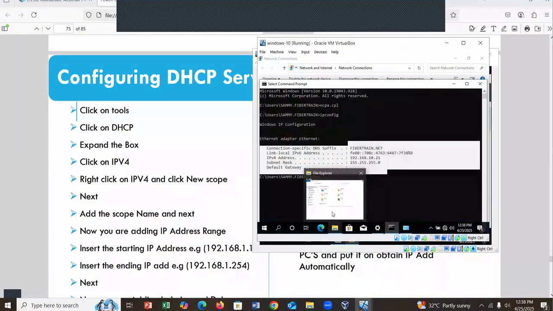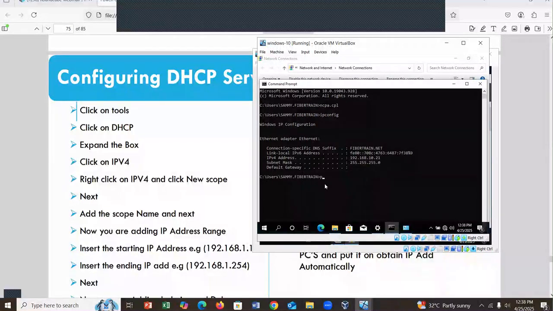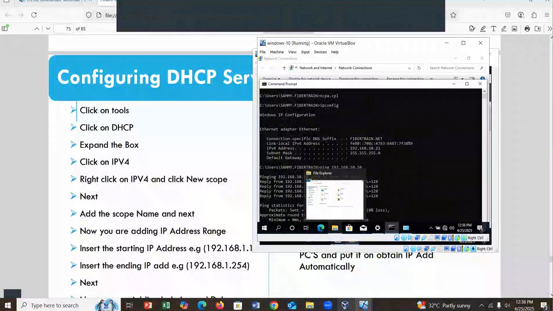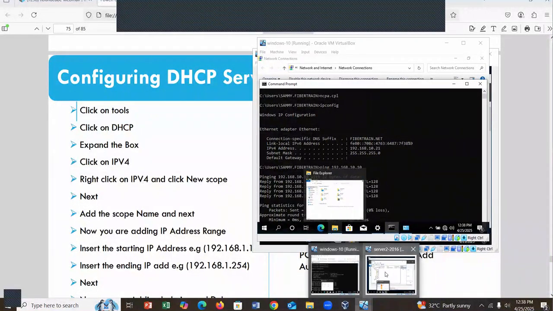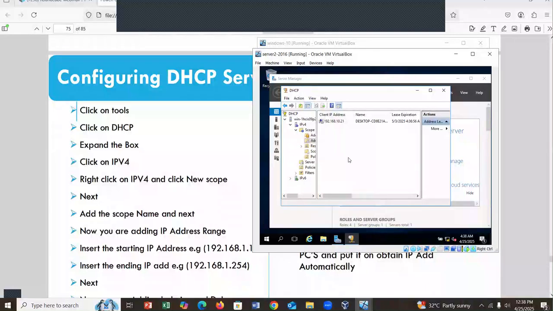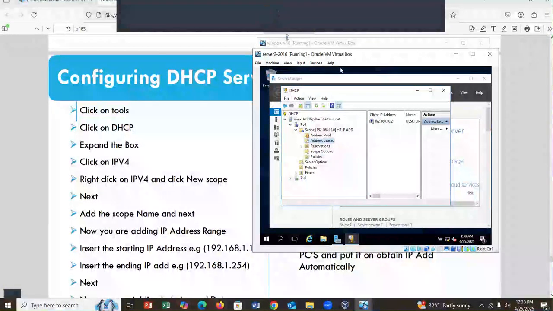We can actually communicate with the server when we ping the IP address of the server, which is 10.10. You see that we are able to communicate with the server. So the last thing I'll be explaining to you before we stop this class is reservation. Reservation, that's the last thing we'll be talking about in